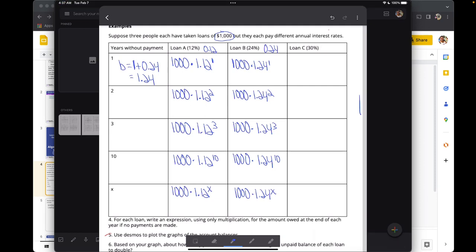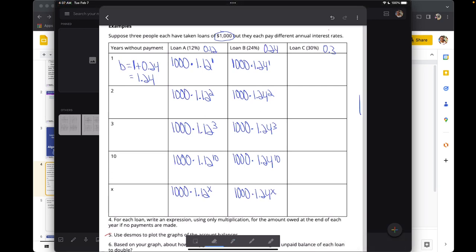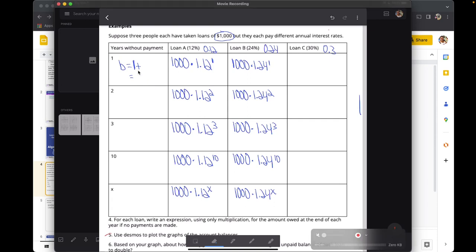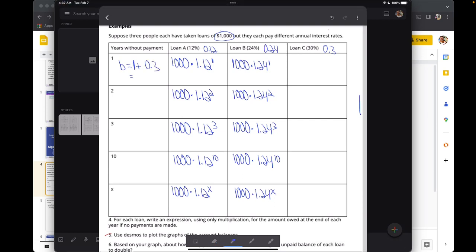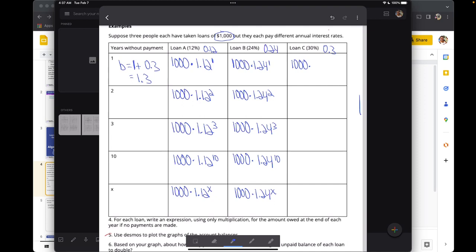So 30% is 0.3. The only thing that's going to change is this is going to be 1 plus 30%, so 1 plus 0.3, or 1.3. My third column is going to be exactly the same as the first two, except that the second number is going to be